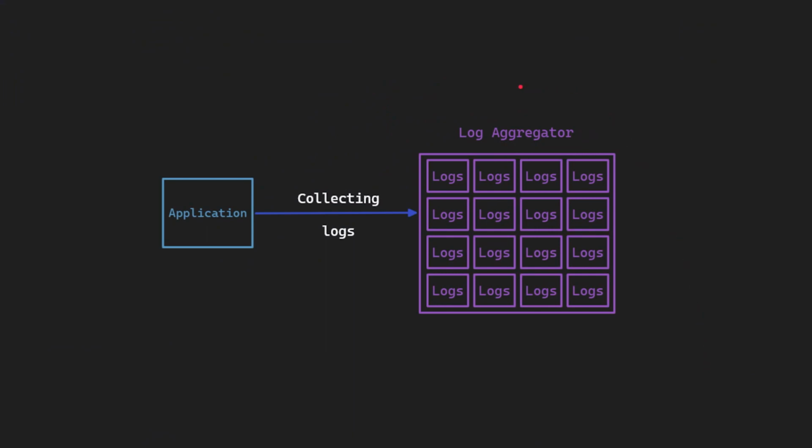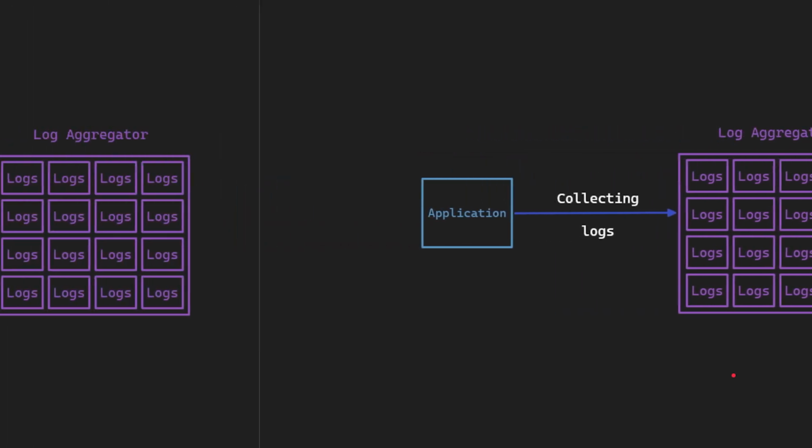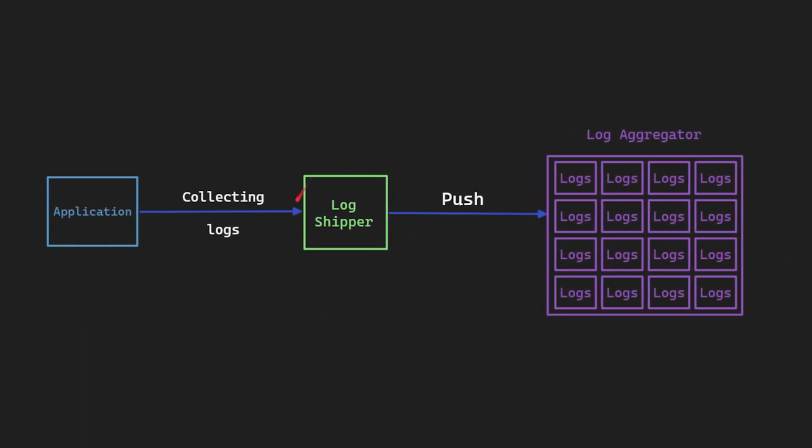When we talk about the log aggregator, it's not possible for it to collect logs directly from the application or from the server. This is where the log shipper comes into the picture. The log shipper acts as a mediator for the log aggregator, and it helps collect the logs from the application and the server. Once it collects the logs, it directly pushes them to the log aggregator storage. In this session, we are going to use Promtail, which is a log shipper for the Grafana